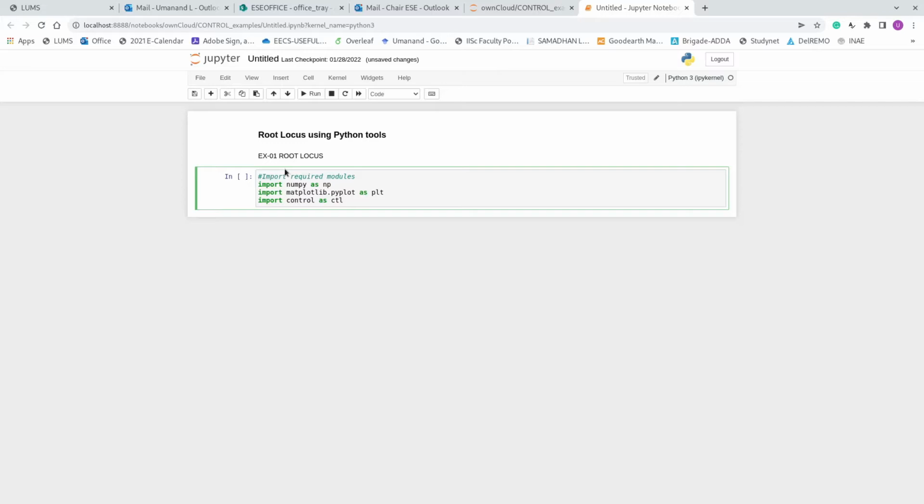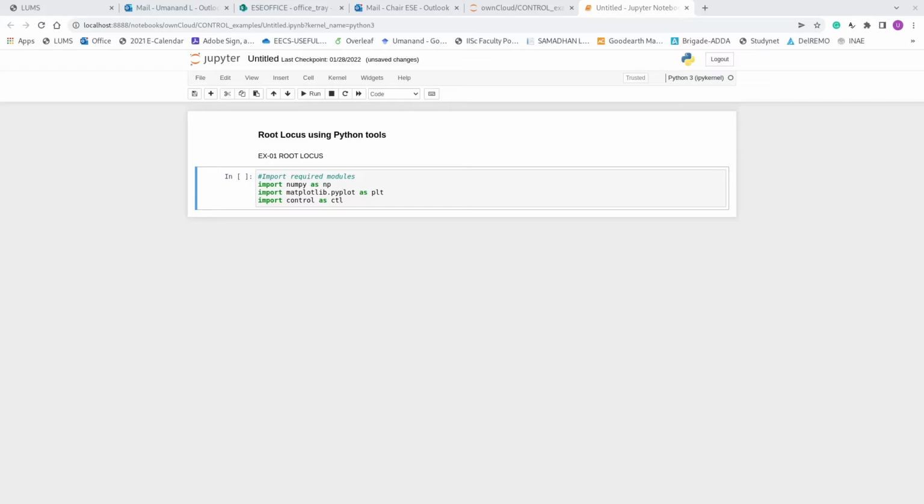So import the NumPy module, import the matplotlib module, and import the control module. These three are important modules which are by default necessary for any Python programming in controls.